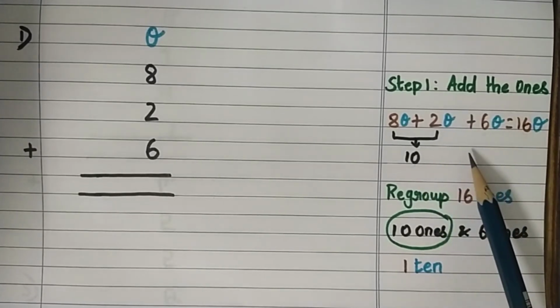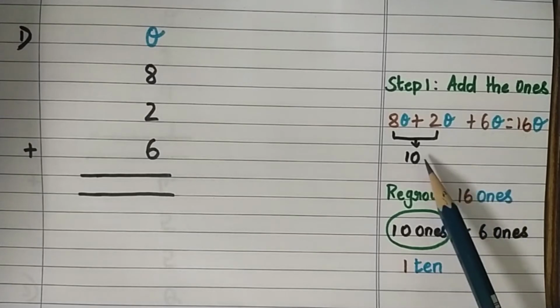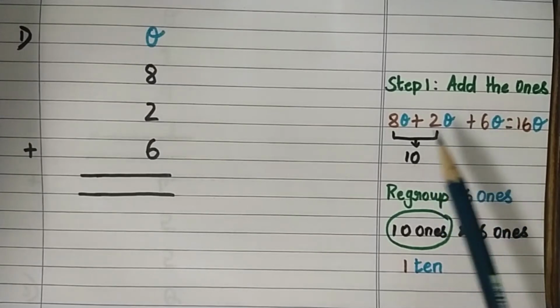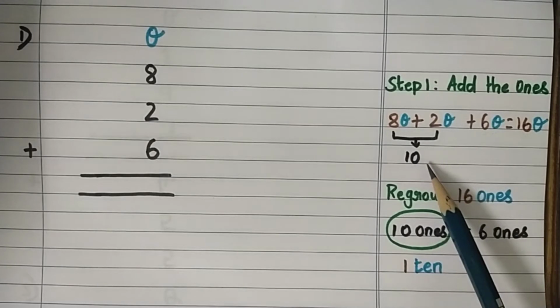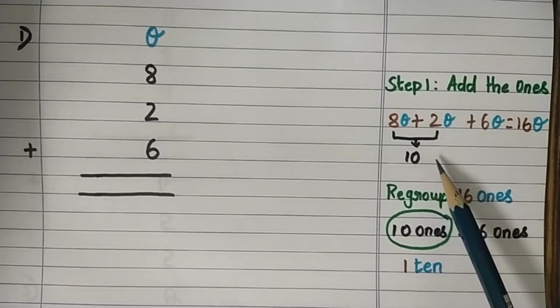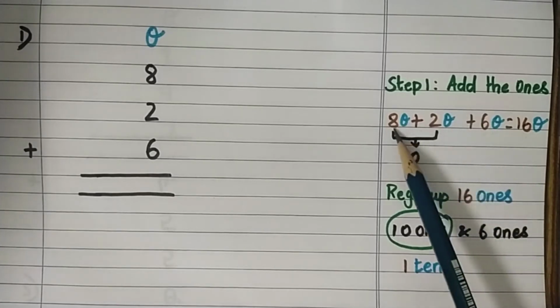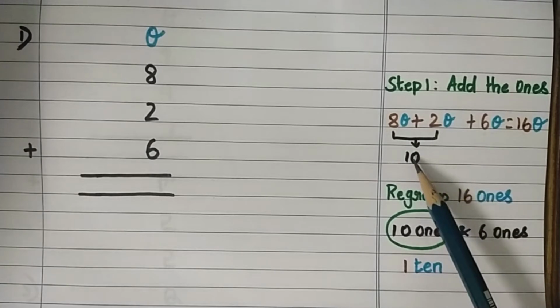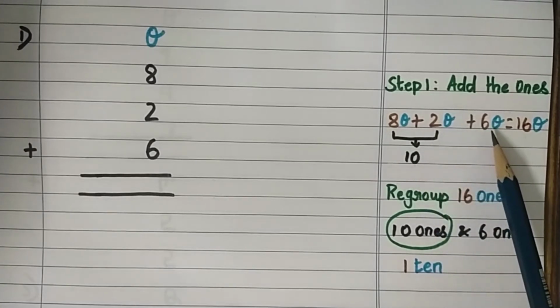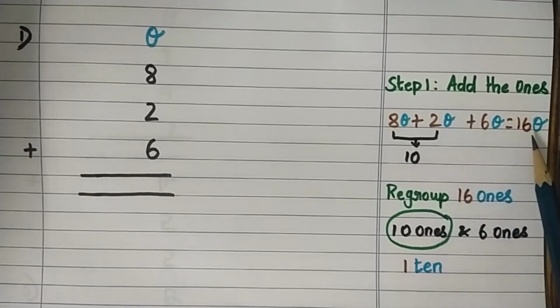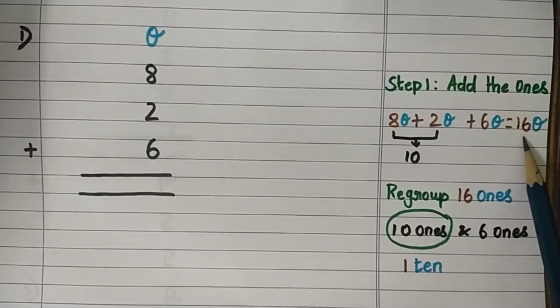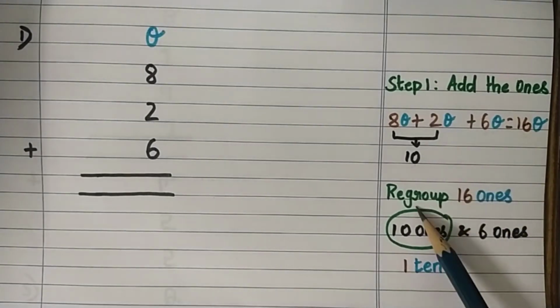Why are we adding like this, children? Because adding with a 10 is very easy and making a combination of 10 also is easy. In the last video we learned make a 10. How to make a 10 we learned in the last video, no children? So use that in this addition of three single digit numbers. So 8 plus 2 gives a 10 and 10 should be added with the third number 6. So 10 plus 6 gives us 16. 16 is a two-digit number. So we need to regroup.